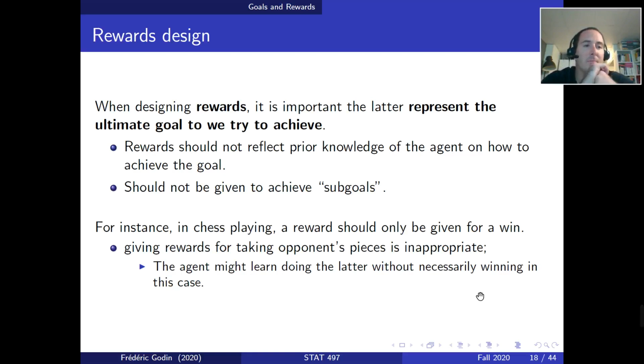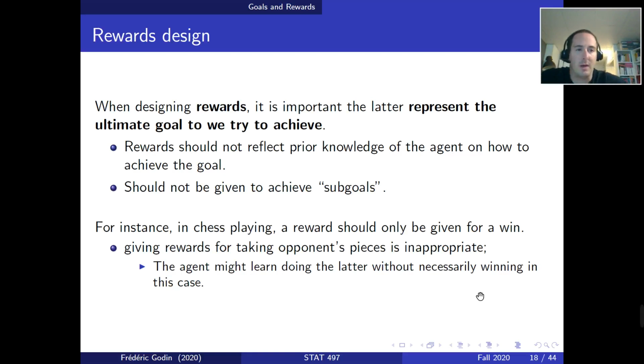It should really just simply be a reward when the goal is achieved. Okay, so you should not give rewards for achieving sub goals. You should only give rewards when the final goal is attained. Okay, so this might seem abstract, but maybe let's give an example with playing chess, that will make this more concrete. Okay, so